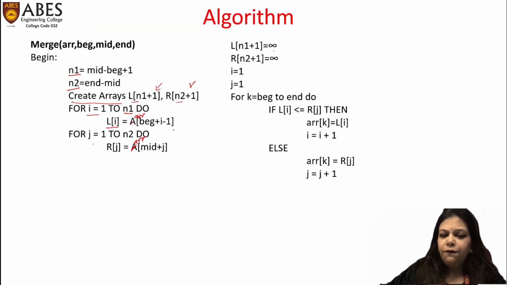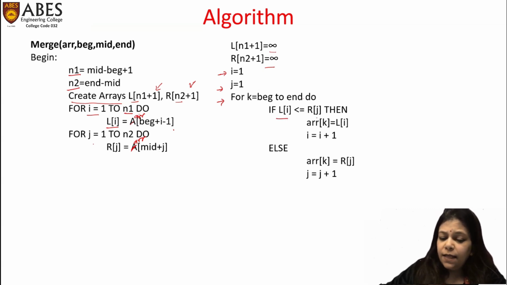Afterwards, we are storing infinity as the last element of L and R. And then, in order to store back all the elements in the original array in the sorted manner, we have taken i and j, and we have initialized these variables to 1. And then for k started from beginning to end, we have to check whether the element at the ith position